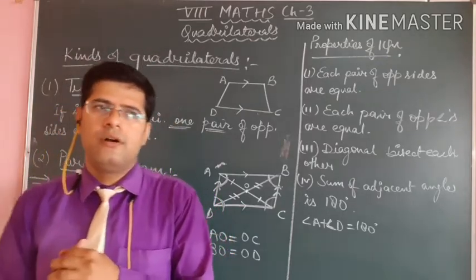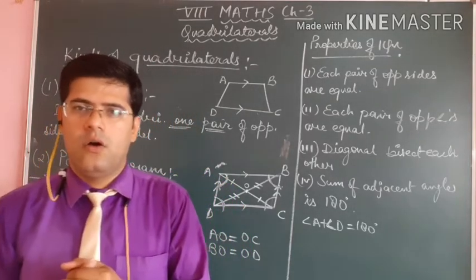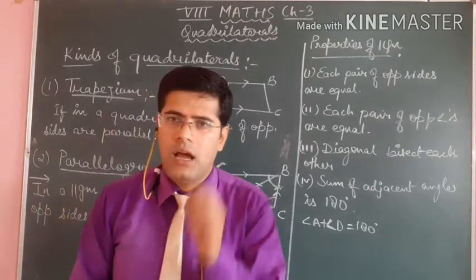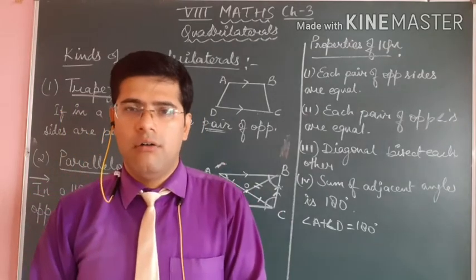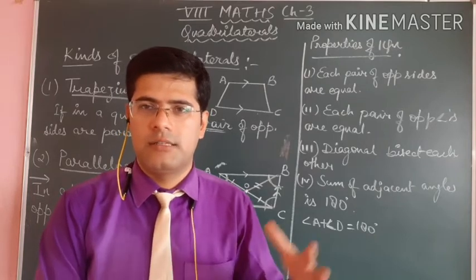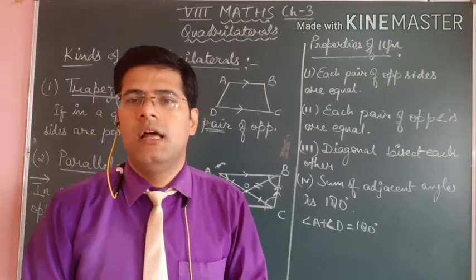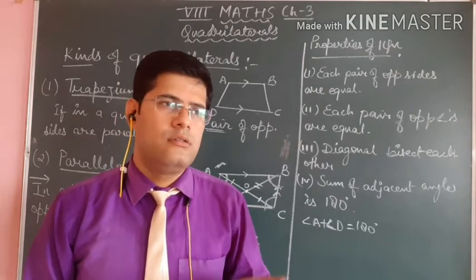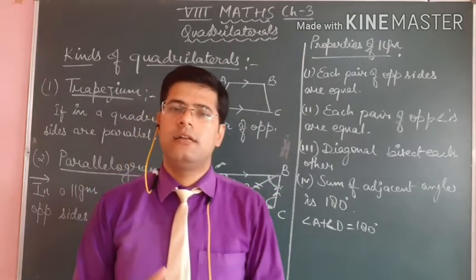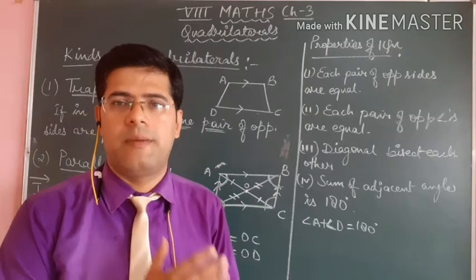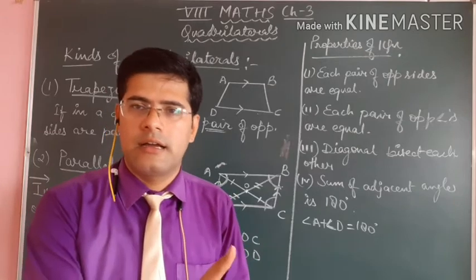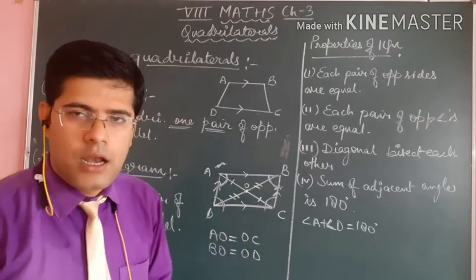If we want to prove a quadrilateral as a rectangle or rhombus or square, either one of them, then firstly we have to recall all the properties of a parallelogram. It means firstly we have to prove that the given quadrilateral is a parallelogram. After that we state the properties of a rectangle, and this whole concept would be in your next class. But in class 8th we have to remember only the properties of a parallelogram and how a parallelogram differs from other quadrilaterals like rectangle, rhombus and square. Now we will discuss that.